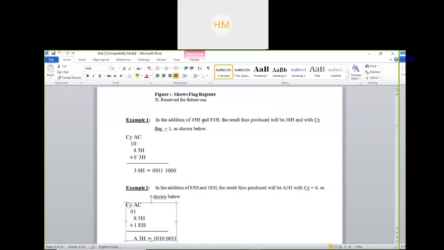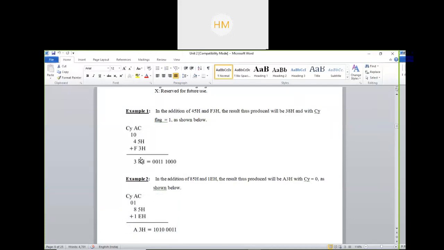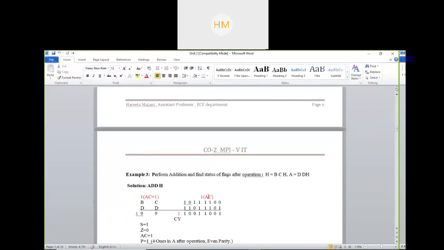After adding these two, you can add it in your copy. 45 plus F3 hex, if you know, you can add directly, or what we will generally do is convert this into binary. We should convert because if we don't, we will not come to know the status of auxiliary carry or the sign bit, whether it is positive or negative.